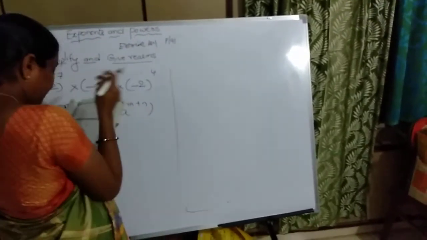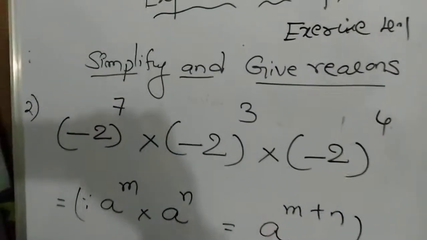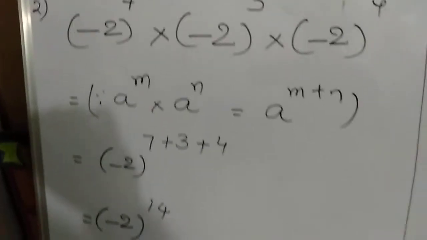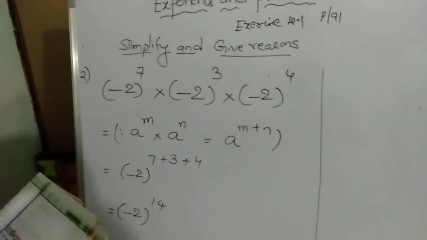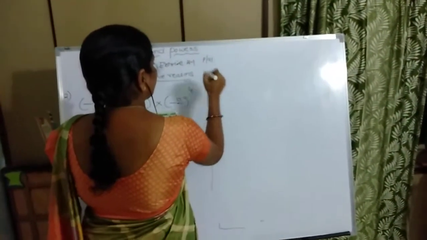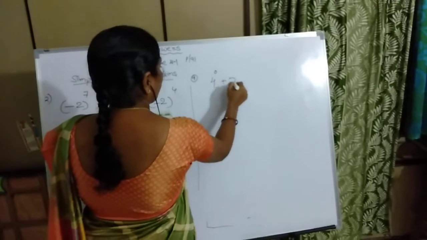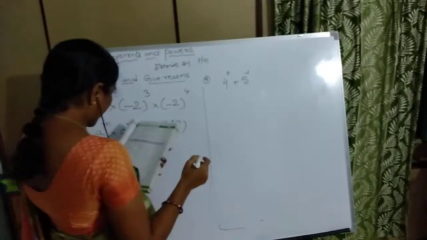Simplify. We are going to the next problem. Simplify: 4 to the power 0 plus 5 to the power minus 1